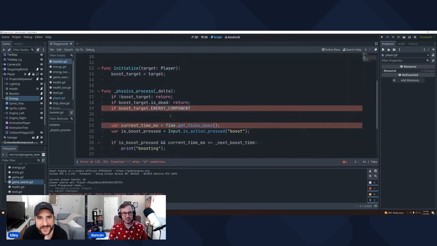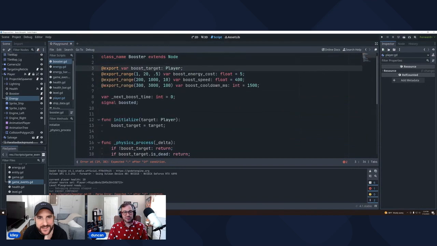is because this boost target, and again, this is where I can already see I'm going to have to make some changes, right? Because this is looking for a player. And again, if we wanted to put this on an NPC, it would need to be basically something that isn't the player. So like kind of a lower level.